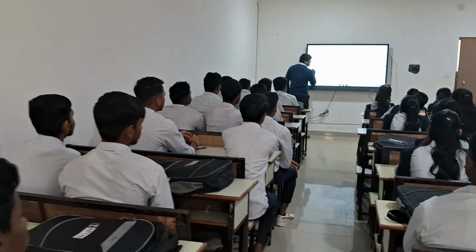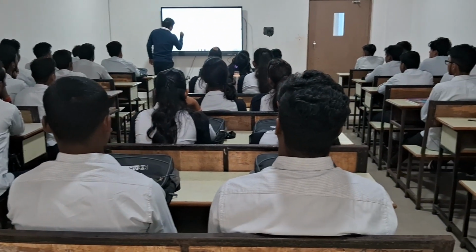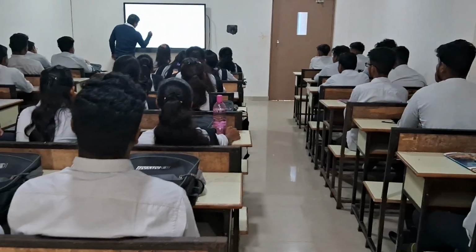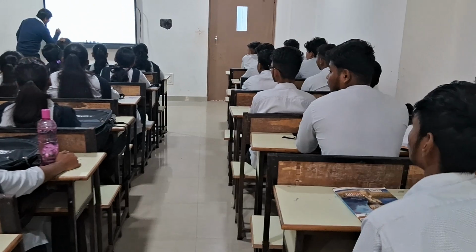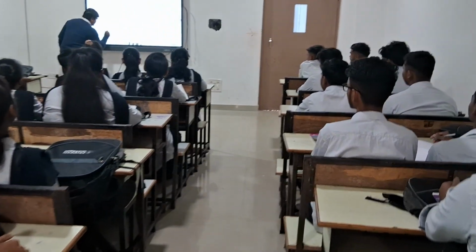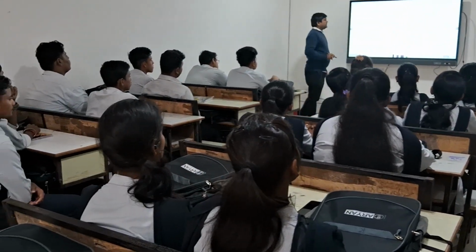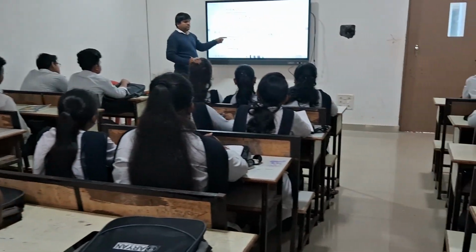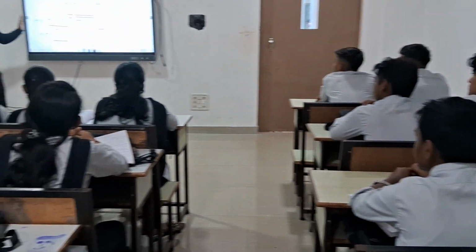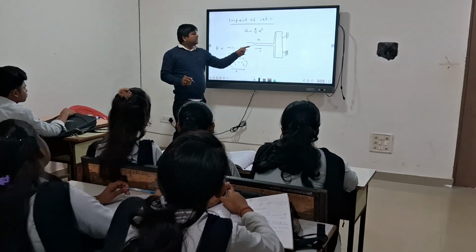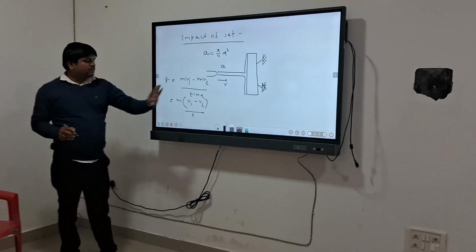Force is rate of change of momentum. So let's say initial momentum is mv1 minus mv2 by time. So if you take m outside the bracket, then m times v1 initial minus v2 final by time. Normally we calculate the rate of change of momentum by subtracting initial momentum from the final momentum. But here we are calculating the force exerted by the jet on the plane. That's why we are taking initial velocity first and final velocity second.